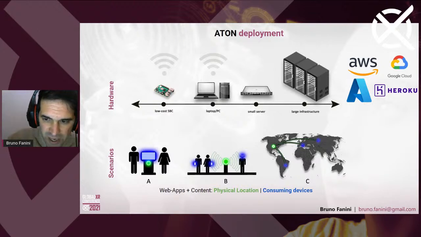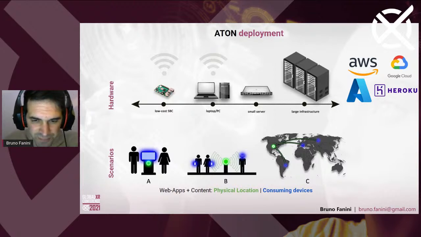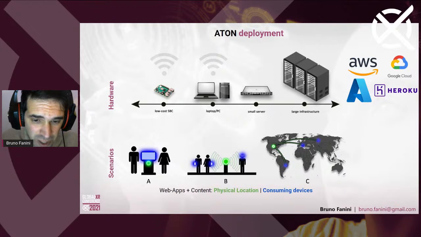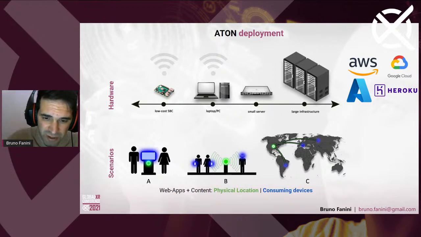Then for scenarios, we have basically three possible scenarios. The first one is a very basic one. As you can see, the green represents the physical location of our ATON framework, so including web application and 3D content. In the first case, they overlap. So basically, you can imagine a museum kiosk without any kind of internet connection, any kind of local connection, that is basically running and people consume on the same